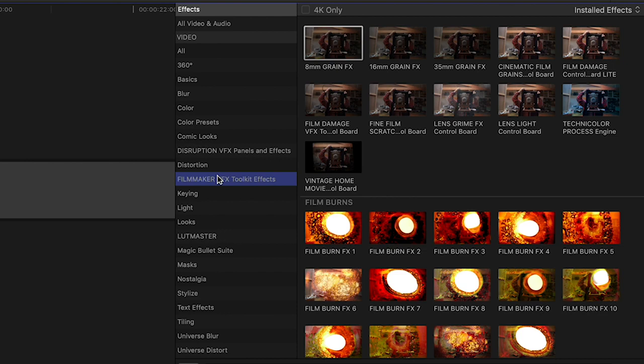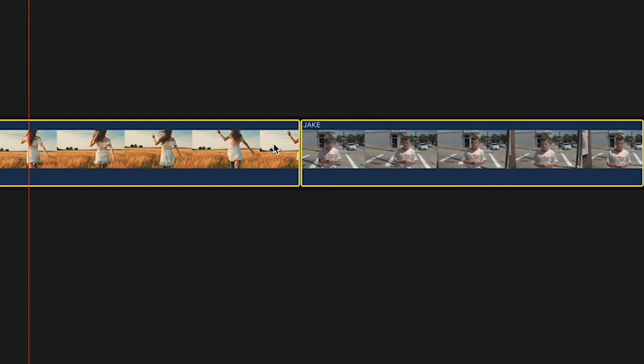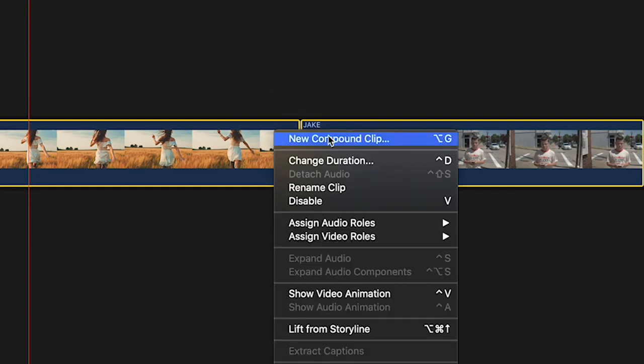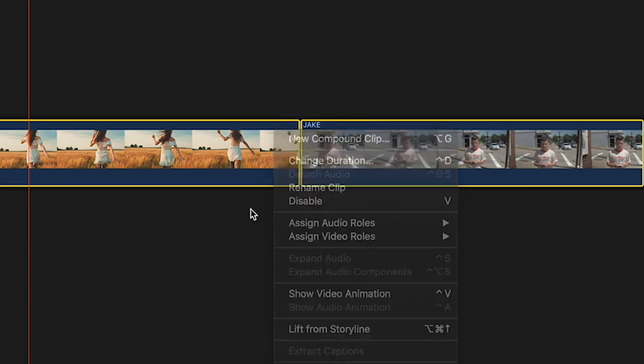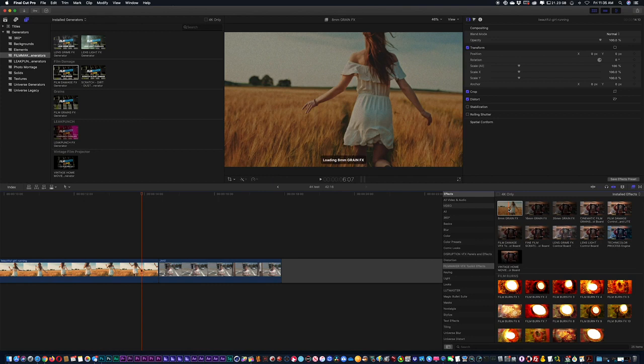Now you have your basic 8mm, 16, 35mm grains, and these are authentic film grains. And each of these drag and drop effects have a whole bunch of different features. You can drag and drop these effects on each shot, or you could highlight a whole array of shots. In this case, I'm just using 2 shots, so I can highlight both of my shots, right click, and select new compound clip. So for now, I'm just going to drag and drop my 8mm grain onto one of my